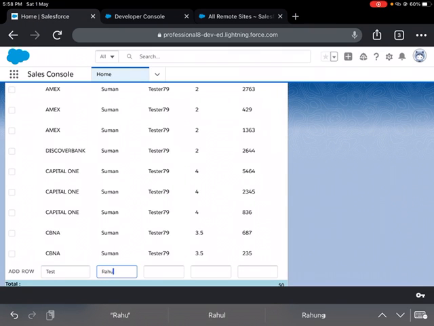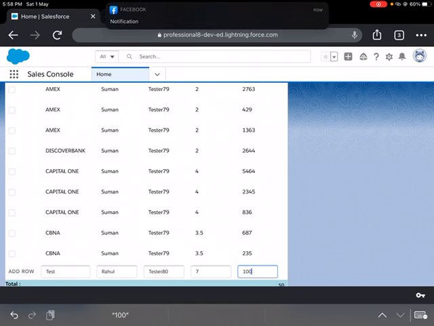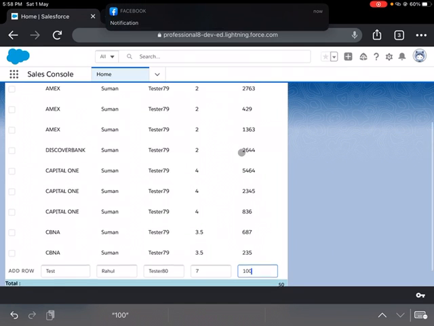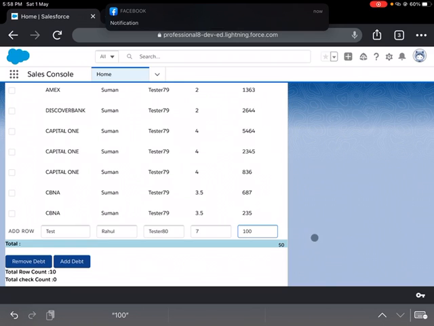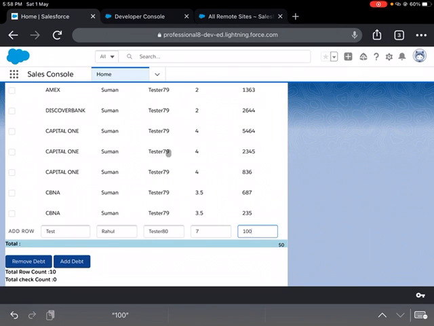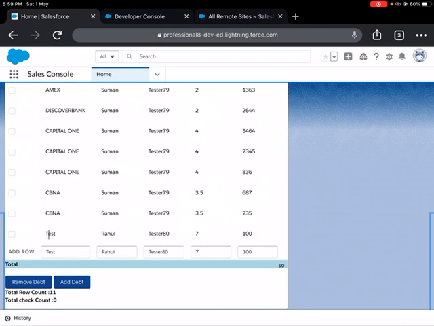Let me give a name, Rahul tester, 80, balance let's say 7, and amount let's say 100. After putting this data, I can add the record in this object itself. So I'll just try to add the record, and it will get added here.